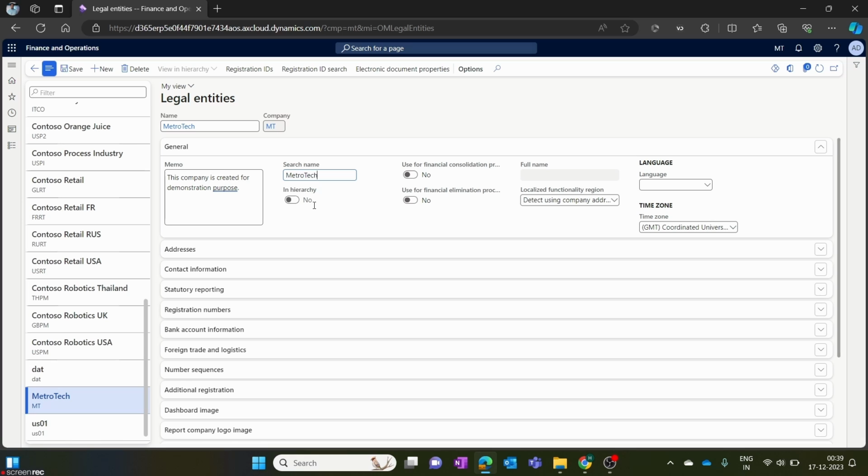The next important one is hierarchy. So this hierarchy parameter is turned on. We can turn on this parameter manually. So here we'll try to turn it on. It's already grayed out for this option to enable. So we can manually turn on or turn off this parameter because this parameter is automatically turned on by the